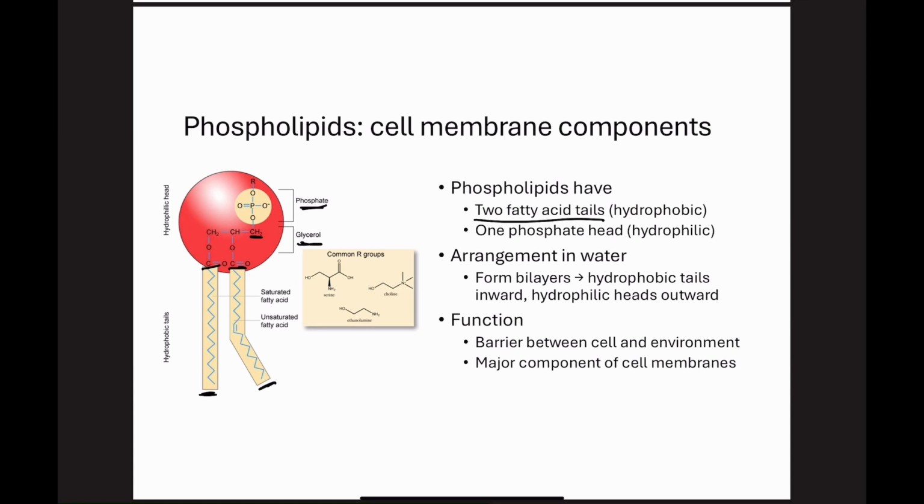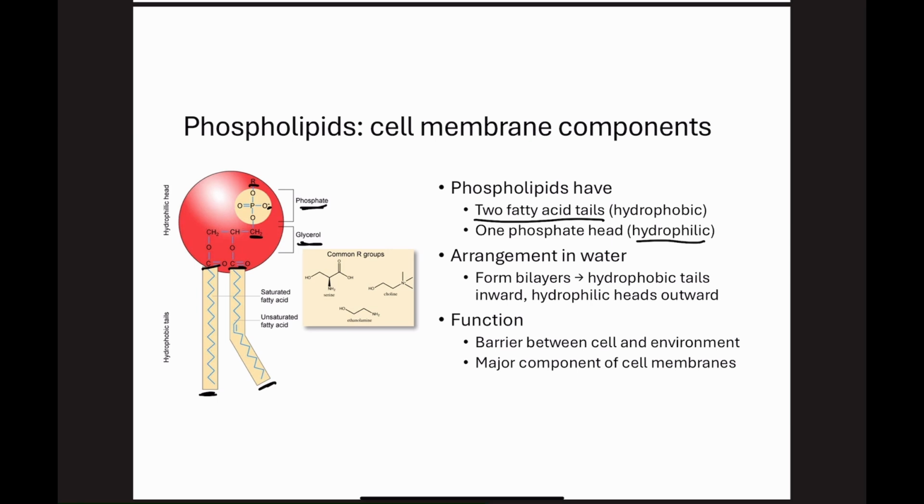And this phosphate group is actually hydrophilic. That means that it loves water. And this phosphate group actually has a negative charge. And connected to our phosphate group, we have an R group. And R groups, they are just usually small. They are normally polar or charged, and they attach to the phosphate group, and they contribute to the variety of